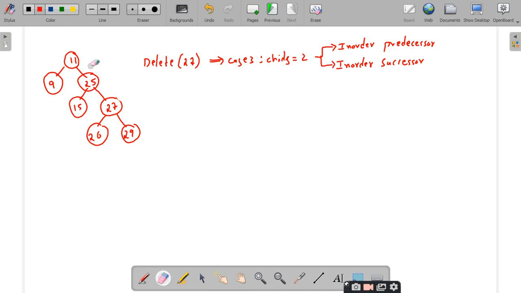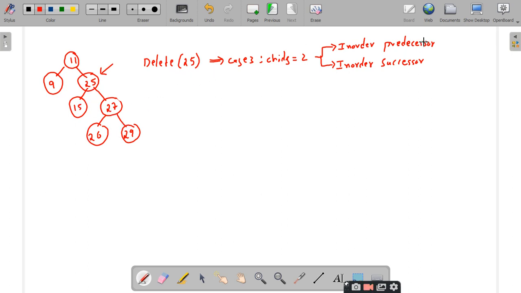Let me take this case 25. Right. So let us modify our discussion with 25. So here my case is to delete 25. In order to explain the concepts clearly, that is what I am doing, right? So I have searched for this 25 and I found that 25 is present in the splay tree and 25 is having two child nodes, right?